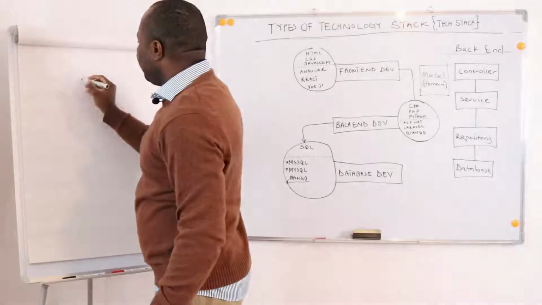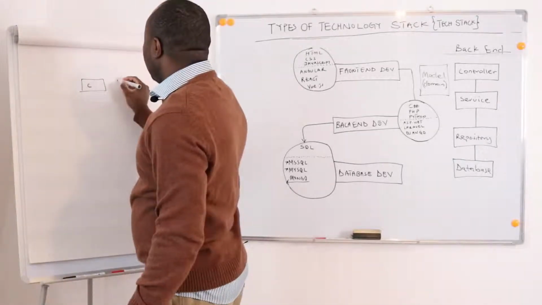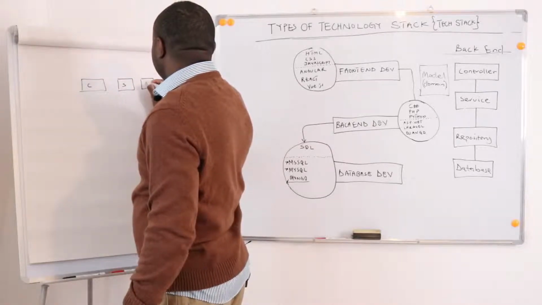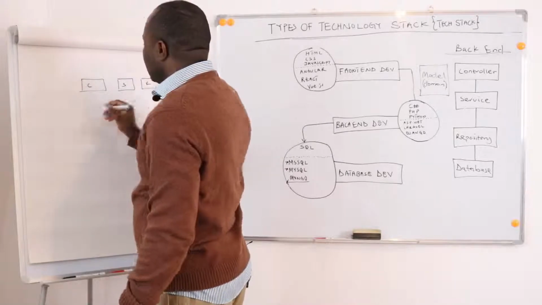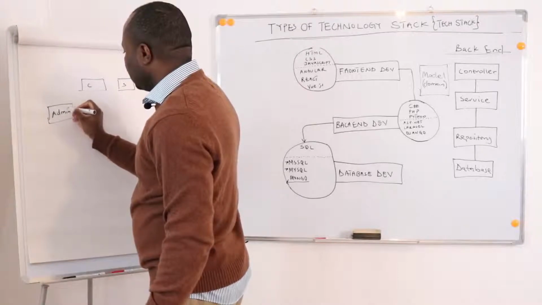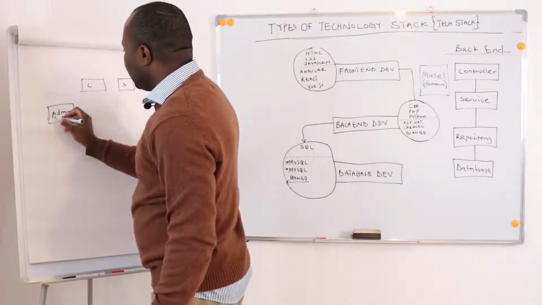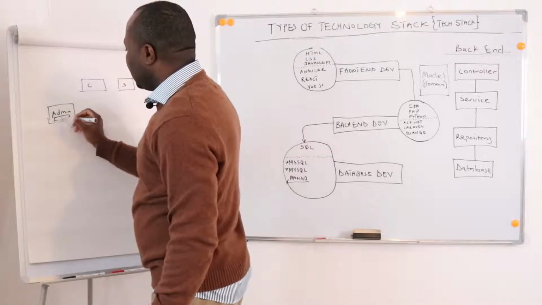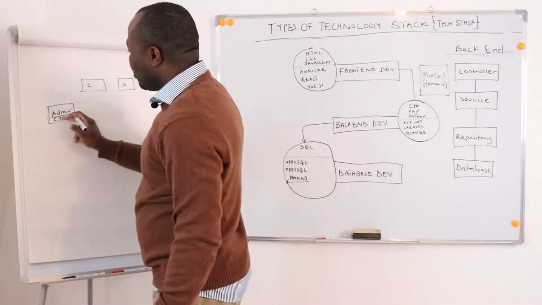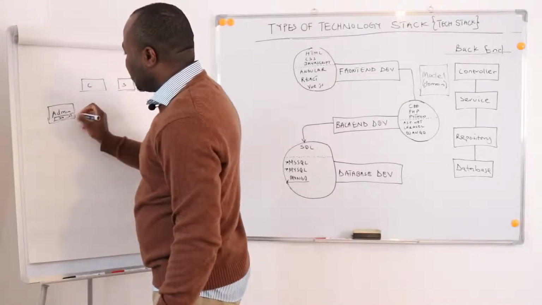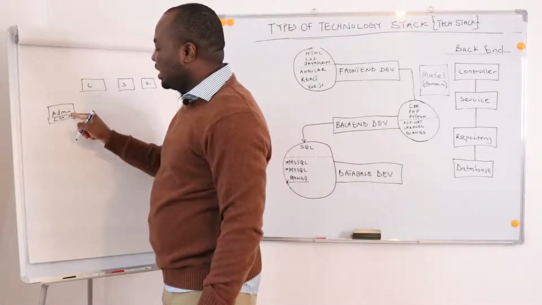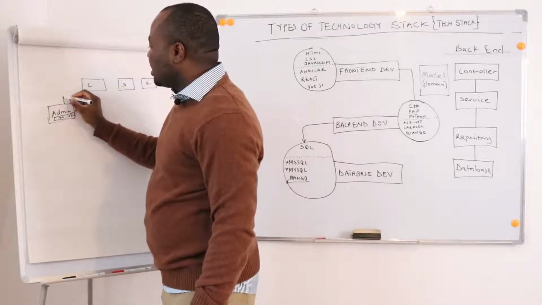So I have my controller, my service, my repository, my database. And this is my admin front end. If I have a notification, a message that there is a form that has been saved that has an ID of 20, and I want to get that ID, maybe there will be a button that says get form detail. If I click that button, a message will be sent to the controller with the